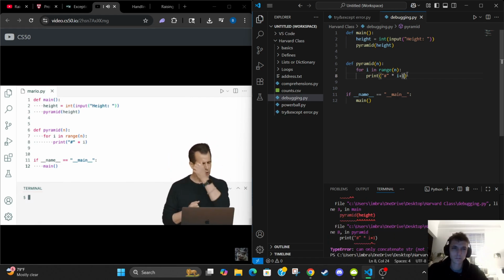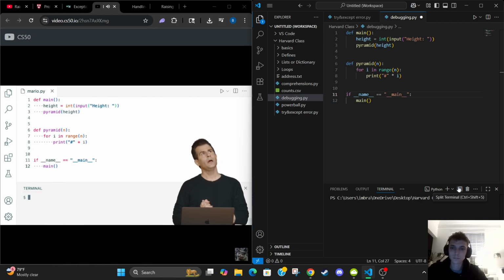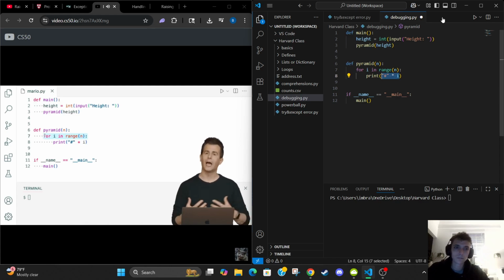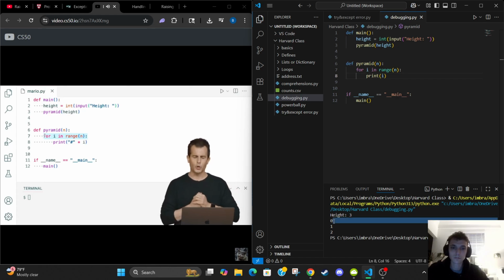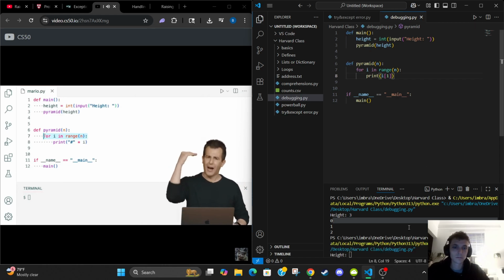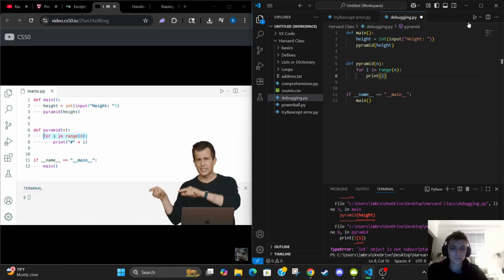Let me clear my terminal window to get rid of the output from before, and let me propose that it might be helpful for me to figure out if maybe I is wrong, right? I is my variable in this for loop that's responsible for printing out, presumably, 1 hash, then 2 hashes, then 3 hashes, and so forth. So maybe just to check my understanding here, why don't I temporarily just print out I in addition to these hashes, just so that I can make sure that I is what I expect next to the